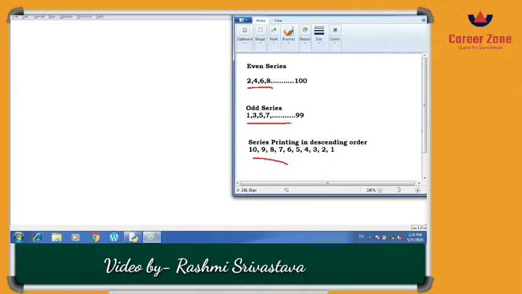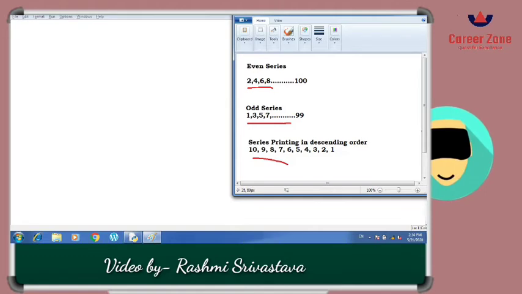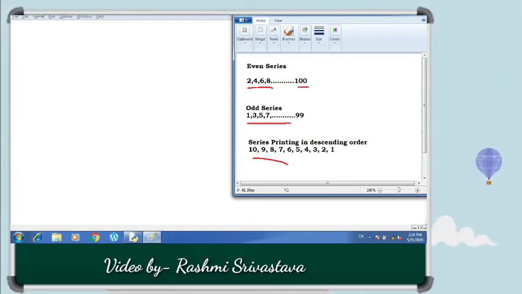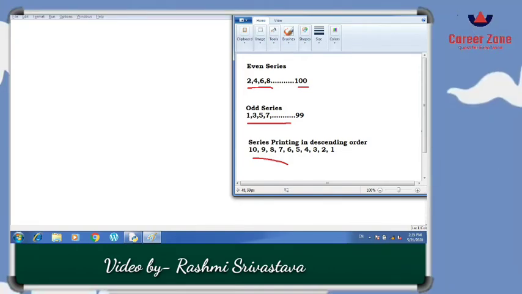So let us begin. First of all, I am going to print the even series. In the even series, you just need to use your logic: as the series starts from 2 and goes till 100, obviously the lower limit is 2 and the upper limit is 100. And then in the even series we can see that there is a difference of two numbers. So I am going to show you the quick easy code to print the even series. However, we can start the even series from 1 to 100 also, but for that we need to increase our coding for checking whether the number which we are going to print is even or odd. So first of all, I am going to show you the very easiest one.